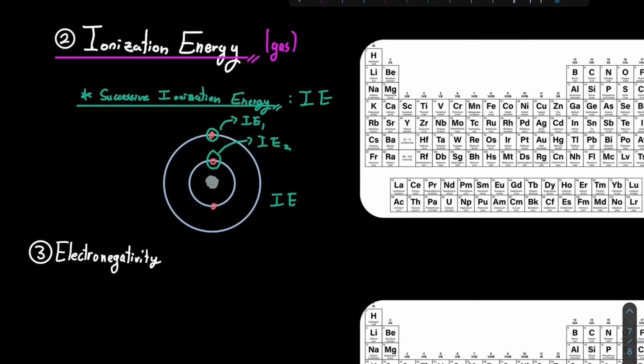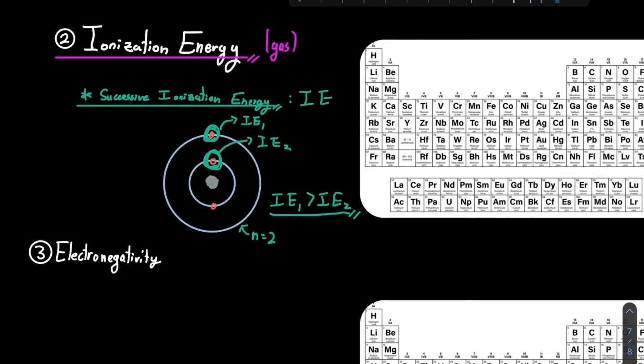So because this electron is the last electron in its shell of N2, it would have a bigger ionization energy than the one right over here, because there is also another electron right over here, and it shows that it is not the last electron in its shell. So that is how